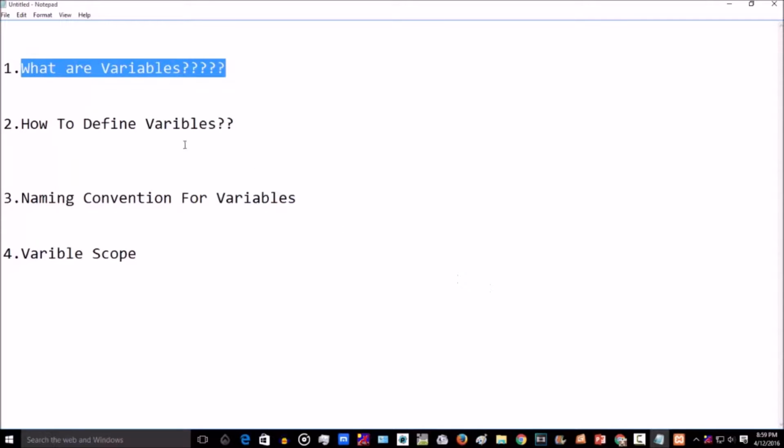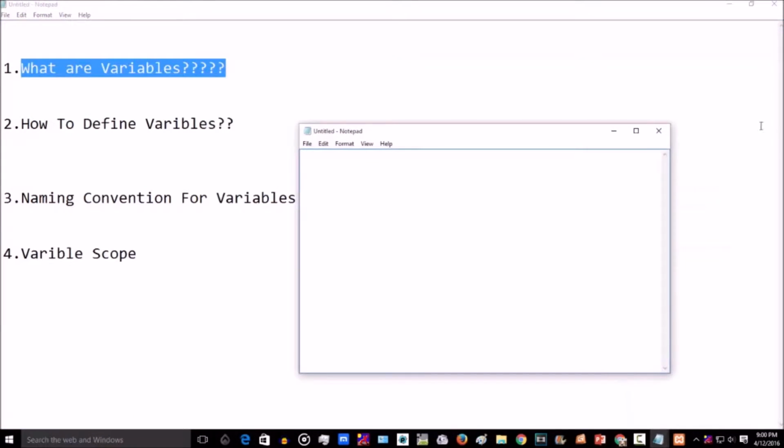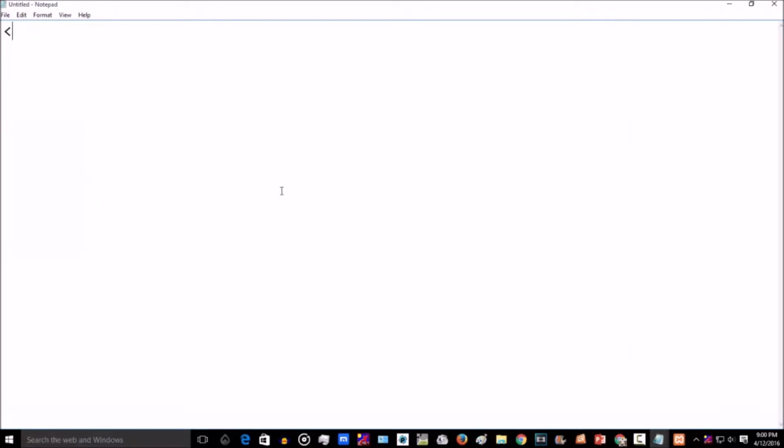We will be opening a new notepad and let's write our PHP script here. In PHP, a variable name starts with a dollar sign. After that we define the variable name. So $channelName, in which we will be storing our channel name iTakeHope, and after writing this we need to put the semicolon.